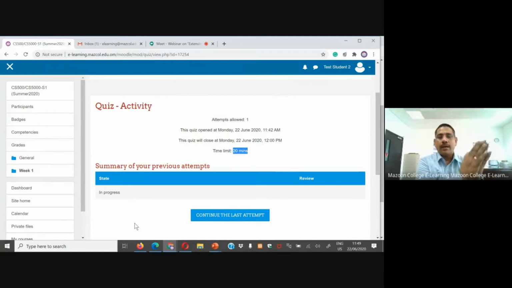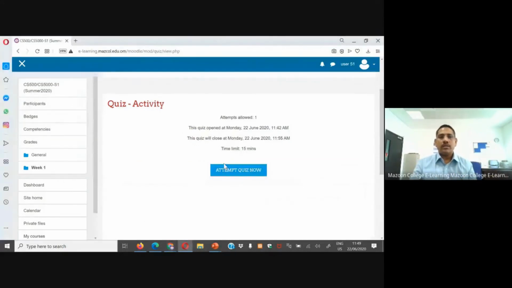See, the third student has not yet started the exam, still it is 11:55 and 15 minutes. Now the exam is in progress. During the exam itself, without affecting the other students, we are extending time for the particular student, right? It will not affect us. Even other students don't know what is happening in the background, only that particular student's time is changed. So this is for extending time for a particular student while the exam is in progress.